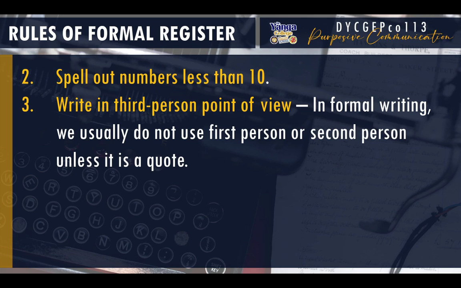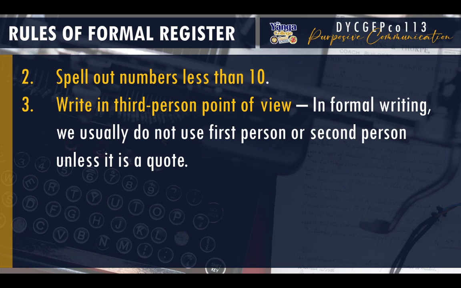When you are putting a quotation in your essay, for instance, yes, you would write the quotation as it is. Frozen register yun eh. Kumbaga, it should be written the way it was said by the original speaker. Okay, by the origin of the quotation. Pero, in your actual writing, in your actual essay, you need to use the third person point of view because it is what we use in formal writing.